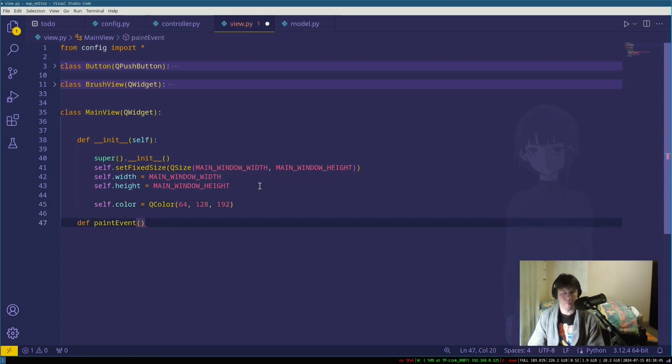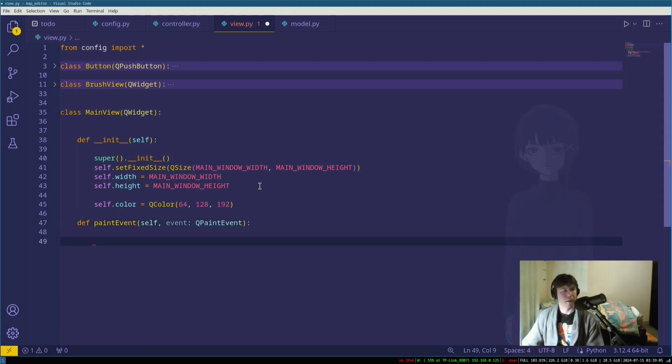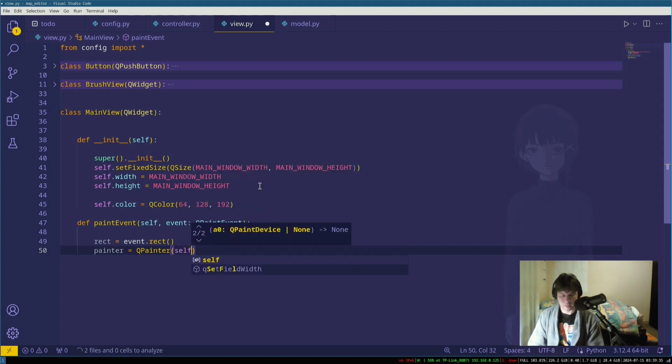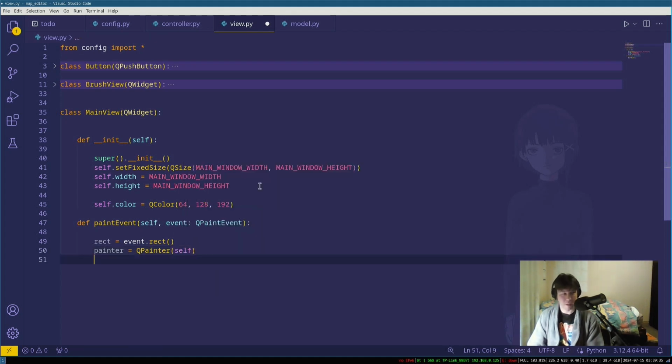And I'm going to override the paint event of the parent. The way I do this is I take in an event, which is an instance of a QPaintEvent. All I'm going to do right now is grab the drawing area, which will pretty much be the whole thing, because the QPaintEvent is going to cover the whole canvas. And I'll construct a QPainter object. This QPainter object is going to take in a reference to the object that it should be painting to,